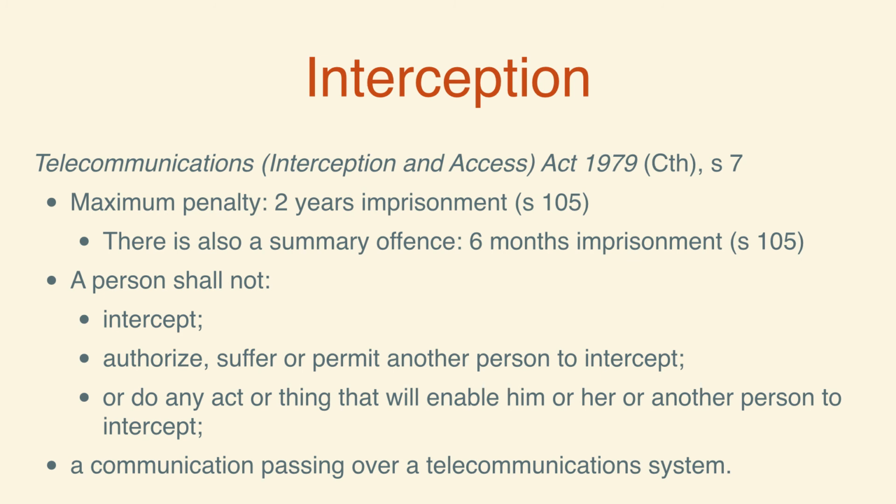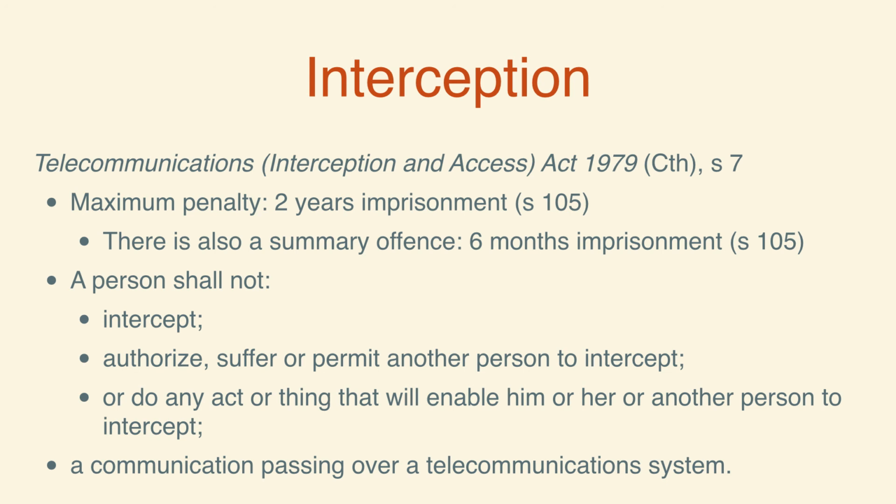This is an important provision that prevents people from accessing the communications that pass over the various systems on the internet. Remember that the internet is a big federated network of networks. Anyone with access to any of the networks over which a communication is routed could theoretically gain access to the content of that communication. The TIAA prevents people from gaining access to content of communications that are passing over their networks or tapping into other networks in order to gain access to that content.